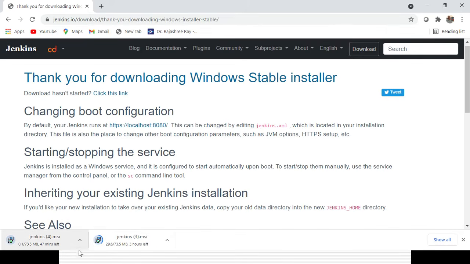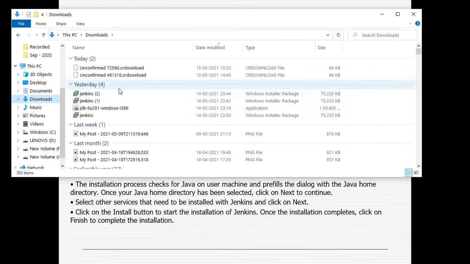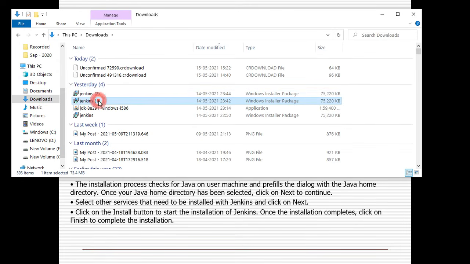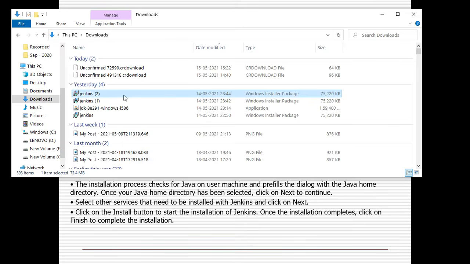Immediately it will try to download the Jenkins.msi file. It might take some time because my internet is slow, but once it is downloaded completely, you need to go to the download folder. Here you can see a lot of things already downloaded. Once it is downloaded successfully, you can open the downloaded Jenkins MSI file.